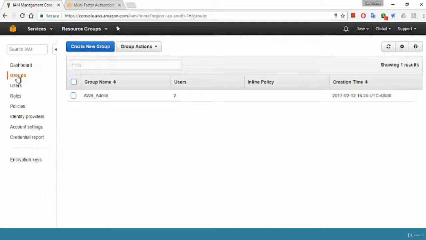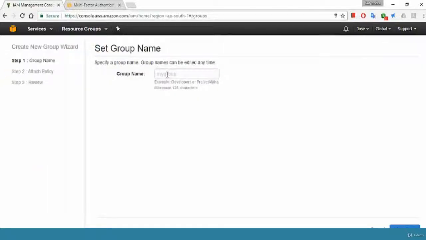How will it be easy? Suppose you have a new member on the team. You don't need to go and create a separate policy and permission for that user. Instead, you can just add that user to this group, and he will inherit the same permission as his team members. So now let's create a group here. For instance, I will give the group name as test group,